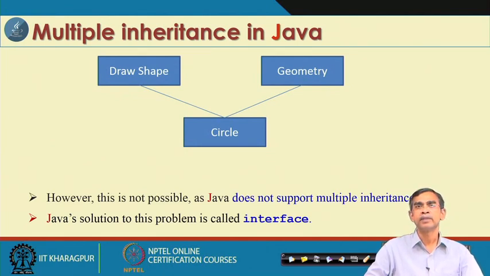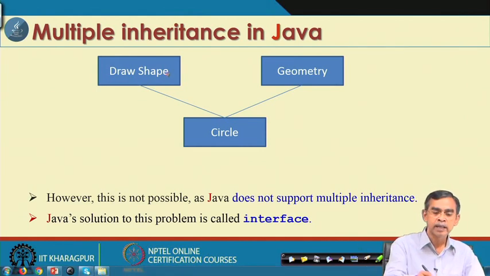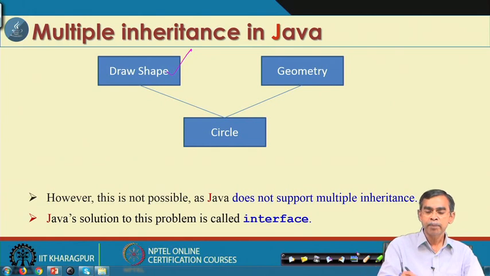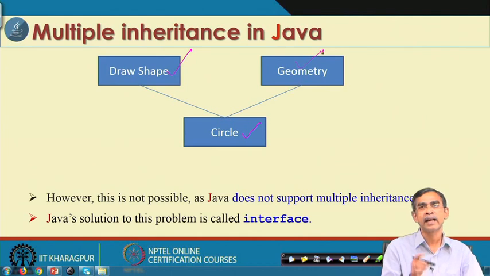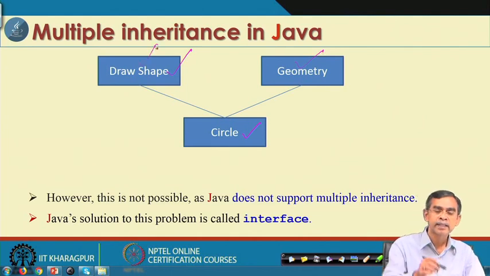Suppose a circle object should have characteristics from the geometry object that we have discussed. Now, in addition to this, it will take some other characteristics from some other classes which are defined in the draw set. Suppose we want to create the circle with different colors, with different shading, with different zooms, like this. All these things are supposedly defined in this draw shape method. This means we want to define one circle which takes the advantage of both the geometry classes that we have already learned, and also, in addition, draw the circle.